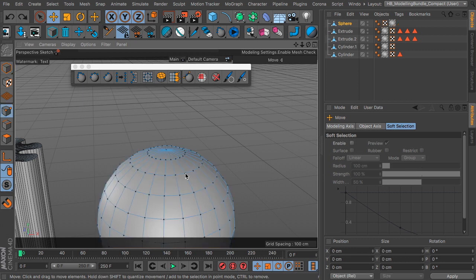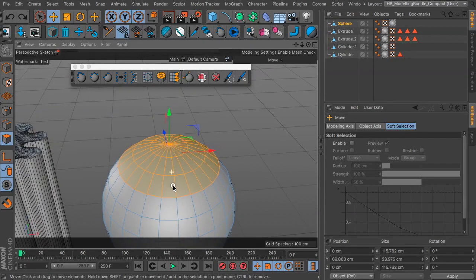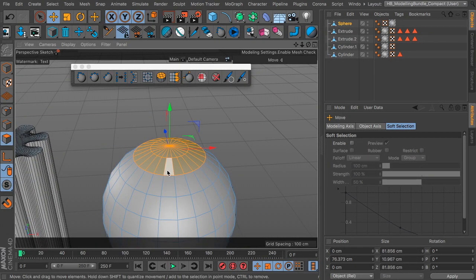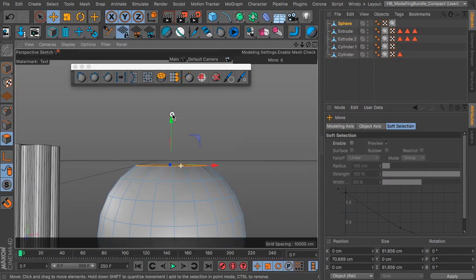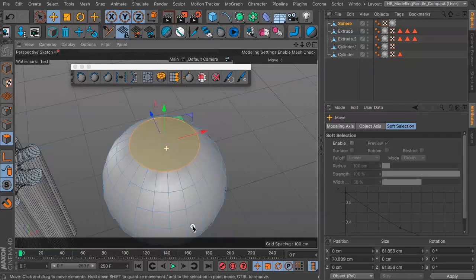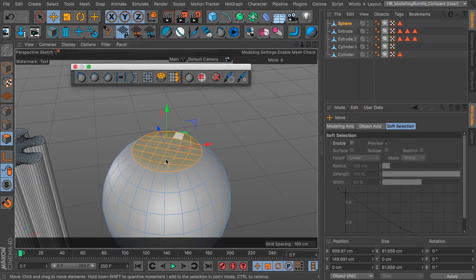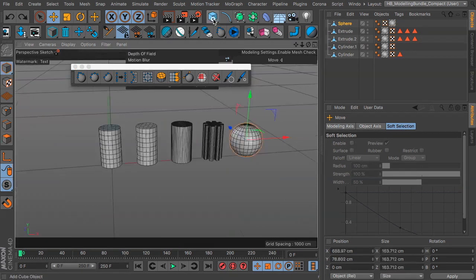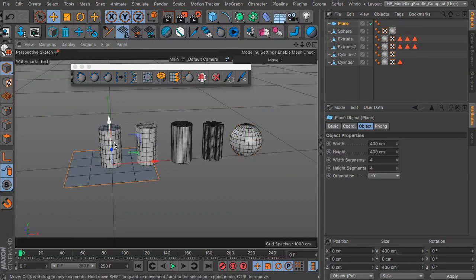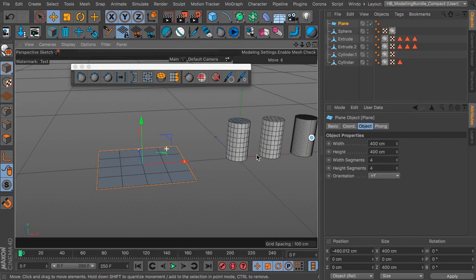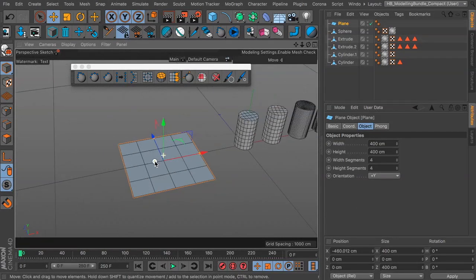Or if you have a flat shape and this happens, you can also convert your selection to an n-gon by dissolving it. In this case, it will flatten the sphere, but then it would also work. Let me just try this on a plane. You can see sometimes it's also working really great